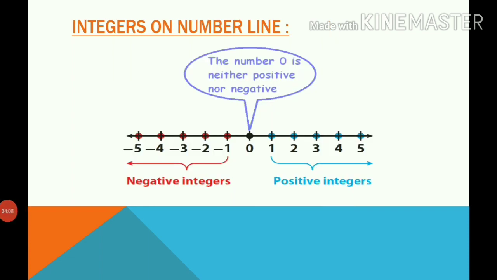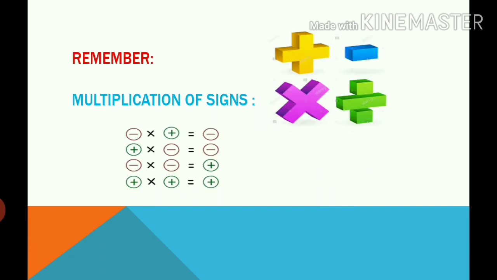Okay, here I'll show you the integers on a number line. Here you can see that this positive arrow is showing the positive integers and positive integers are on the right hand side of 0, and this negative arrow is showing the negative integers and negative integers are on the left hand side of 0. Remember that 0 is neither a positive number nor a negative number, and it's neither a positive integer nor a negative integer. So here you can see that these are the integers, and remember that integers are just whole numbers. Positive integers are having positive sign with them and negative integers are having negative sign with them.